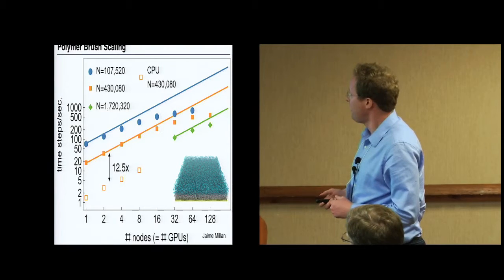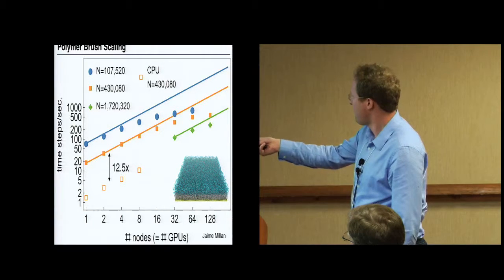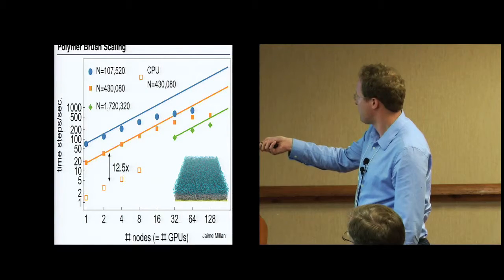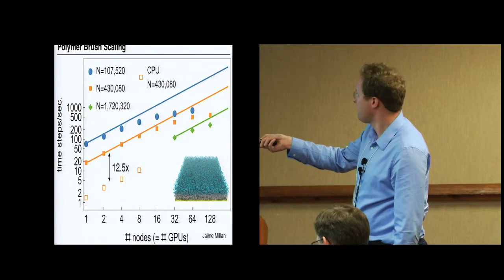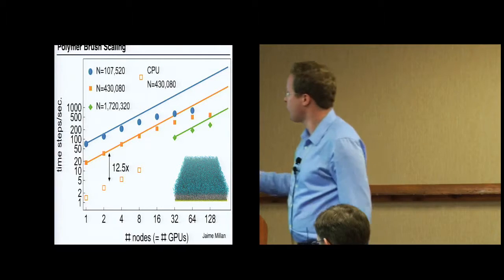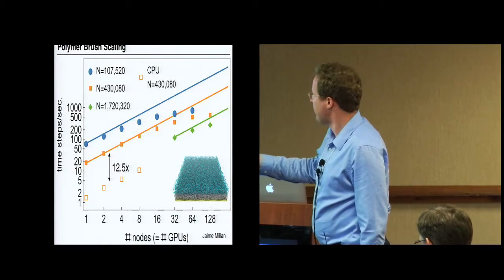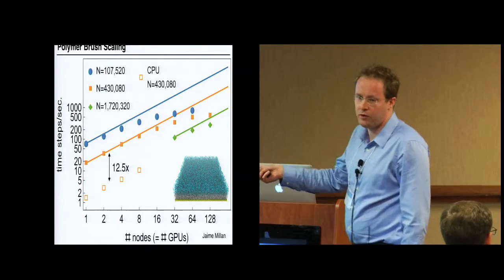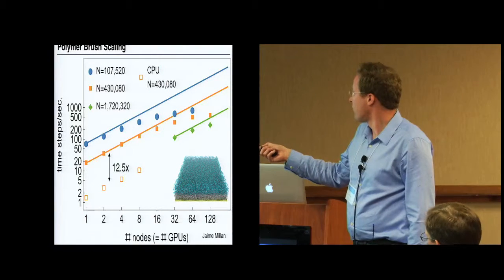This is a more complex example of a slightly more chemically realistic system of a polymer brush that is in the XY dimension here, and there are short chains tethered on the surface of this substrate, and so this simulation requires angles and bonds and dihedrals, and so the plot demonstrates that even with these more complex interactions, we get still essentially linear scaling, a 12.5x speed up over a CPU node, and a very good scaling up to 64 nodes in this case for about